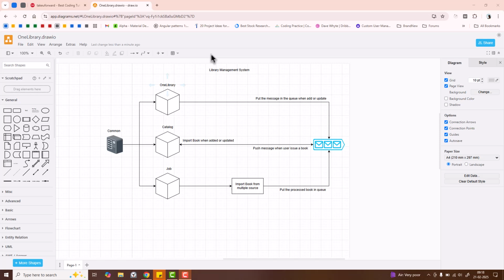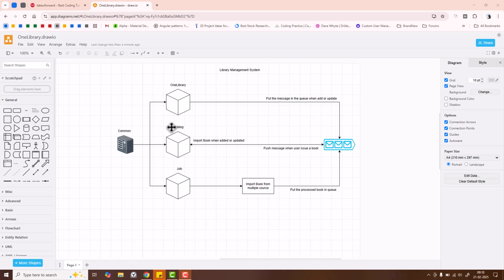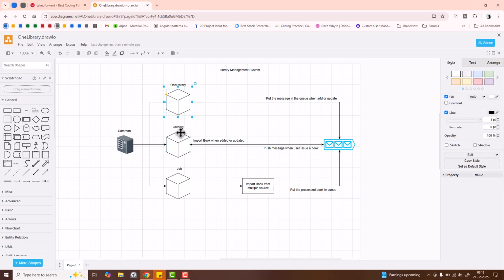So as you can see, I have a small diagram open here. It's just a big picture of the whole application that we are building. So as you can see, there are three main applications in our whole application set. OneLibrary is the main application. Catalog is the second application that any online user can access. And job is an application that does